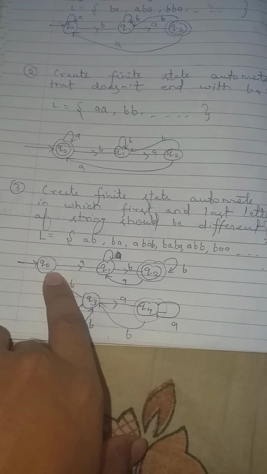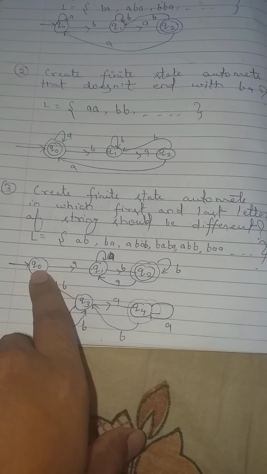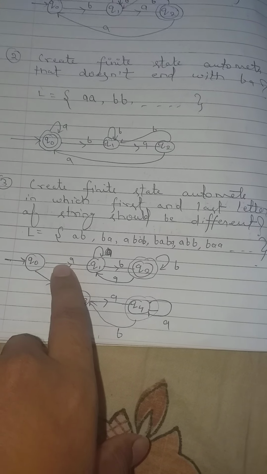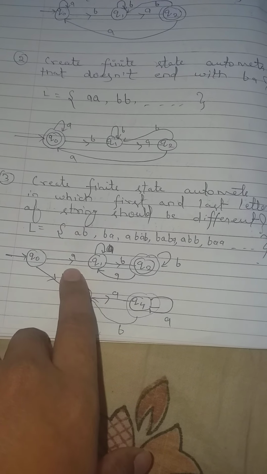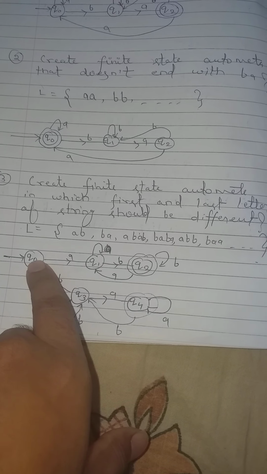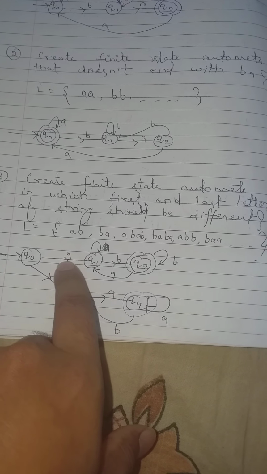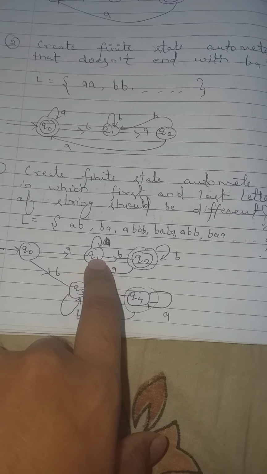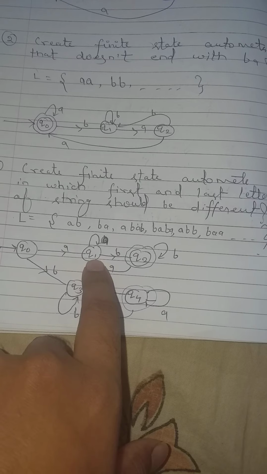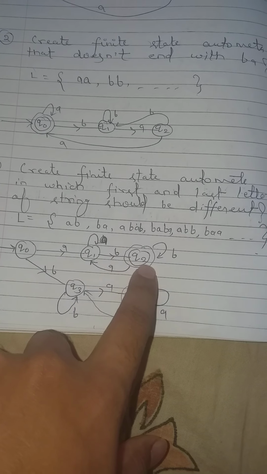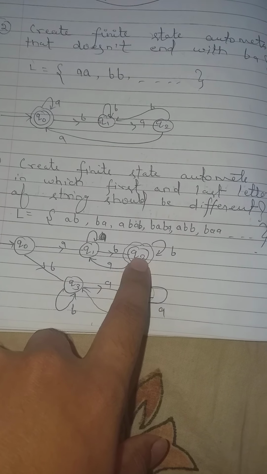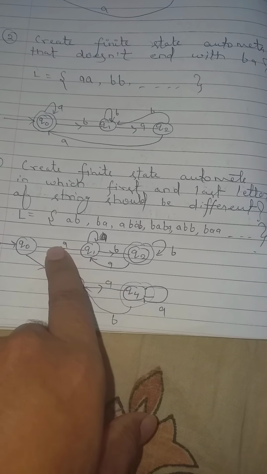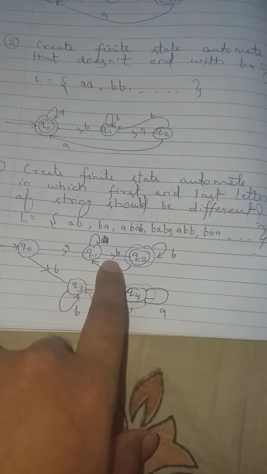So let us create an automata for it. There should be an initial state, and after that for string AB we will create an automata. From Q0 to Q1 we have an input element A, and we transition to Q1. If we have another element B we consume it, then we should get to a final state. That's why we have a Q2 final state. This is for the minimum string AB.